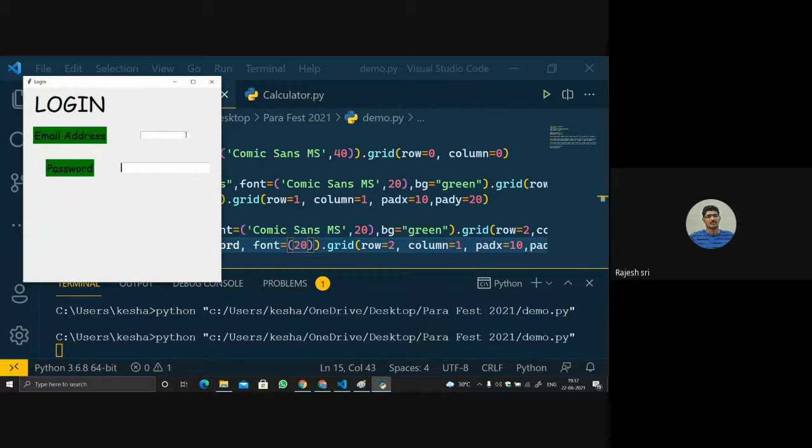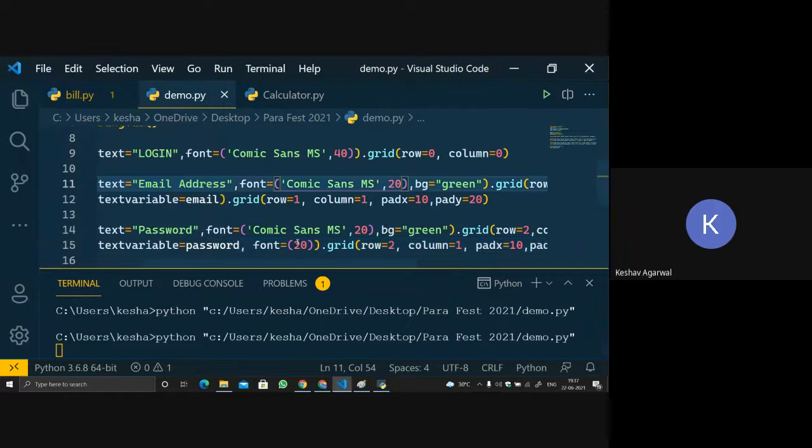But here you have given specifically font, but at the top you have given the font name as well as the size, right? Yeah, you can use any of the two. You can use this whole thing, or you can also just put in 20, so it will automatically know that you are giving the size of the font. But whenever you define a name, you will have to use it before the size. We can increase the button size as well, right?